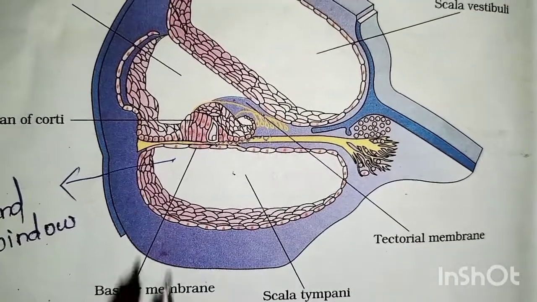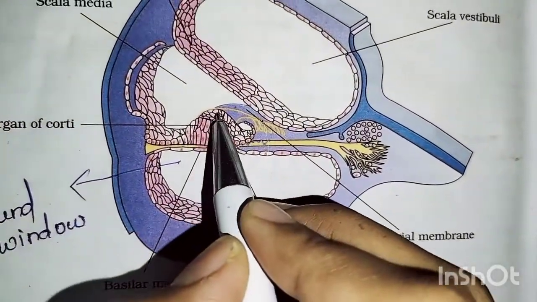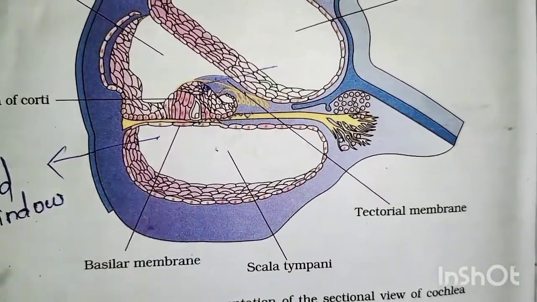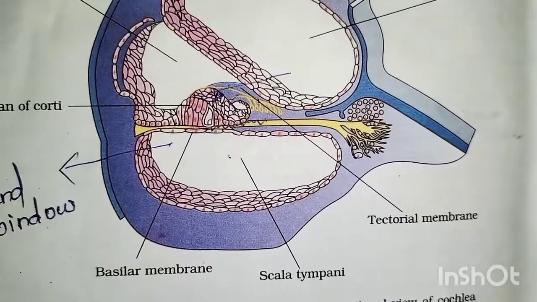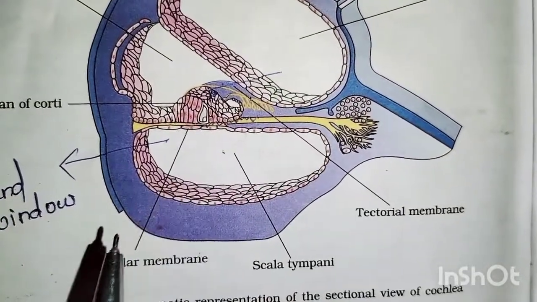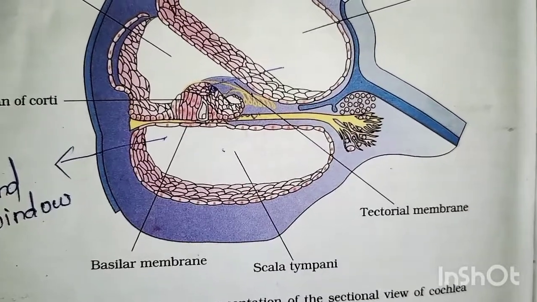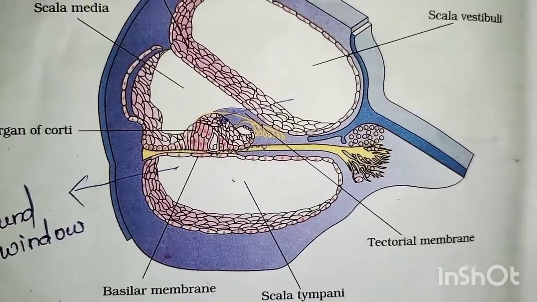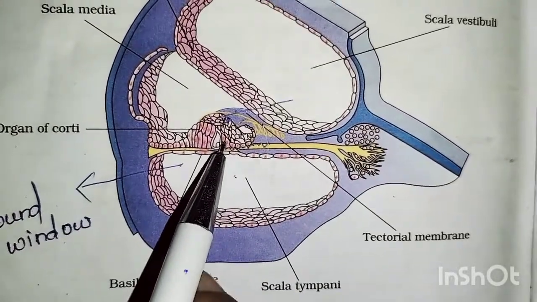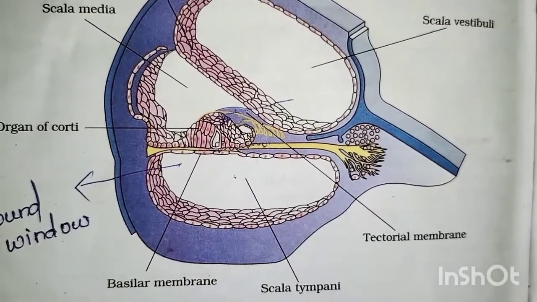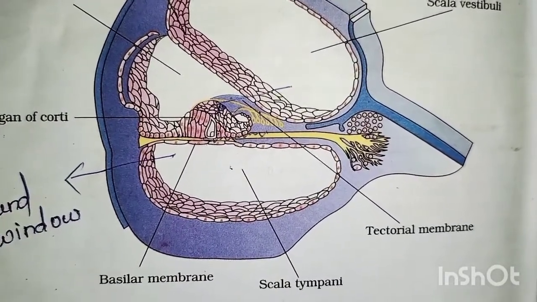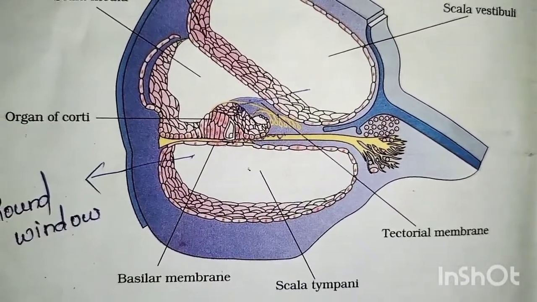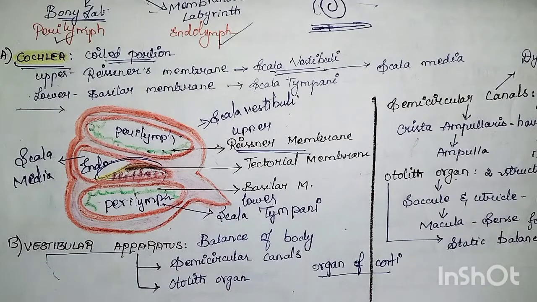Okay, the organ of Corti has a tectorial membrane at this part. Okay, tectorial membrane. The contact between the tectorial membrane and the hair cells, which have stereocilia projections, makes the afferent nerve fibers depolarize and take the information to the brain. So clear about this part? The sound waves are conducted to the brain.